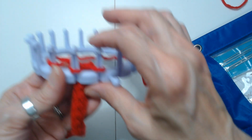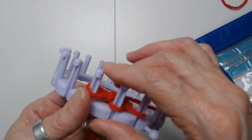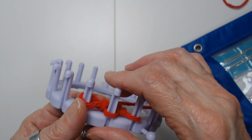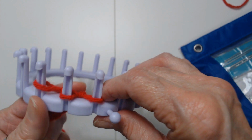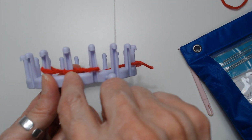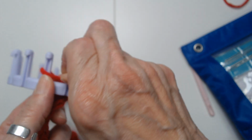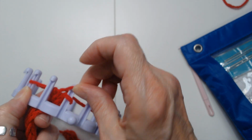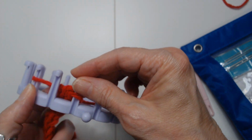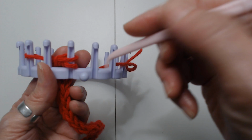this is peg 1, this is 2, and this is 3. You're going to move the loop from peg 2 to 1. So like I said, this is 1, 2, and 3. You're going to take this loop and put it on peg 1. Just take it over and put it like that. And then knit it off